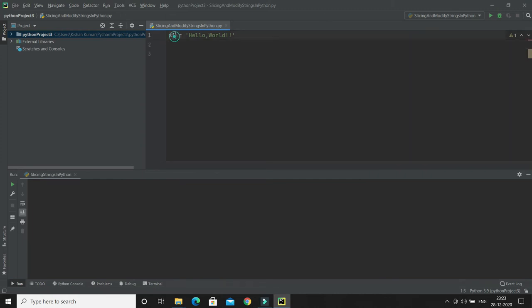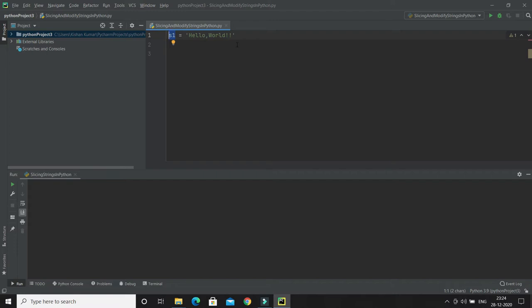Here you can see I have a string called s1, and I have assigned this value to this variable, and this is of type string. So let's try to get characters from position 2 to position 5. It's really pretty simple.